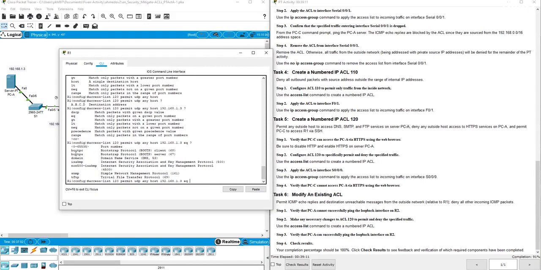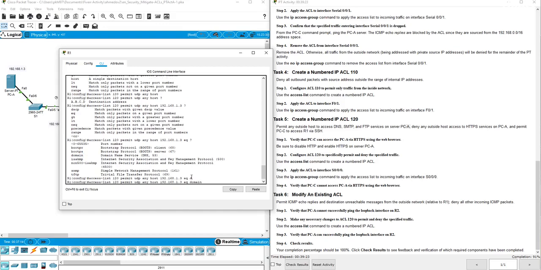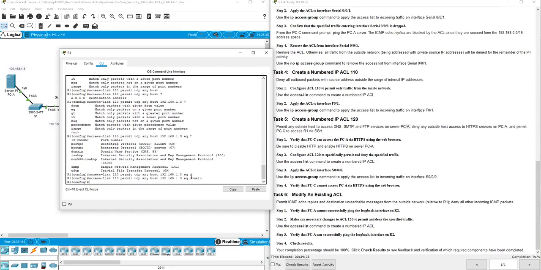If the service that you want is not in the list, you can just use its port number. But since we have domain here, domain name server, we just put domain and question mark, enter. So we allowed everything to come in from any source towards our server for domain name server